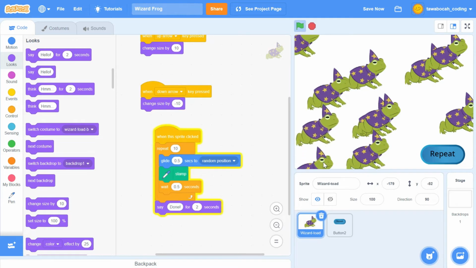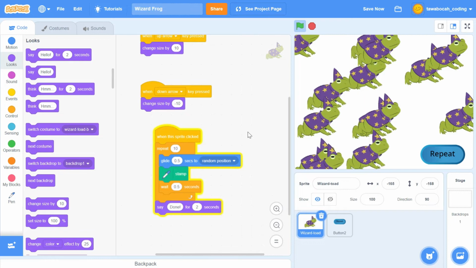If you click on the last frog sprite, the frog will move again 10 times. After a while, the screen will be full.